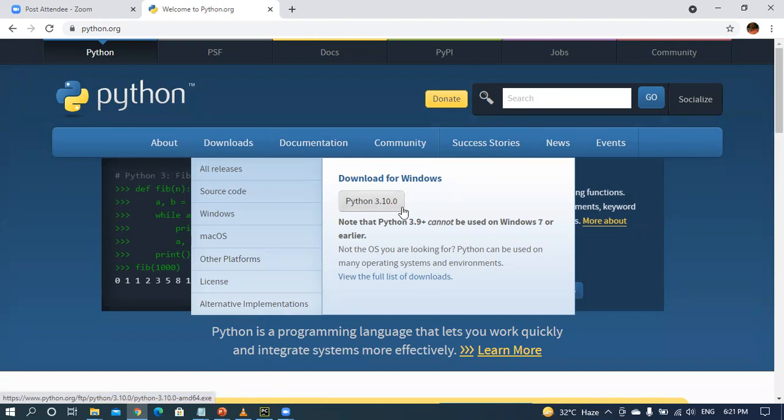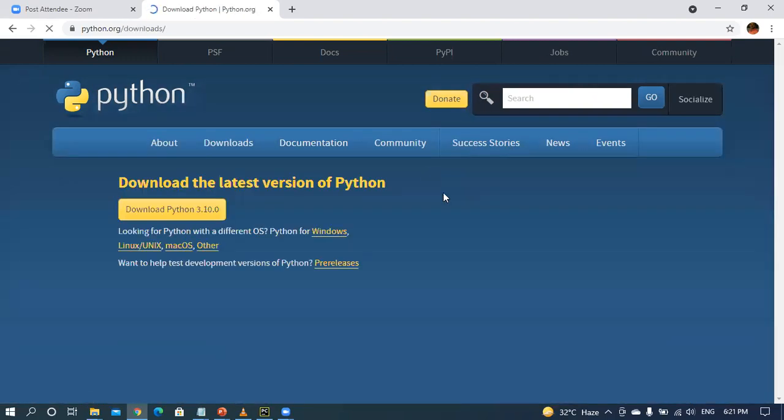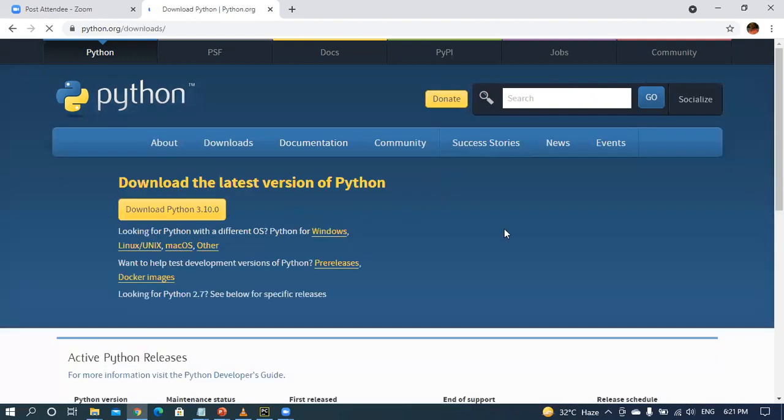I am using version 3.7.3. If you click on download, you will see the different versions. You prefer whichever version. I am using 3.7.3. Some systems support the latest versions, and some have more requirements.